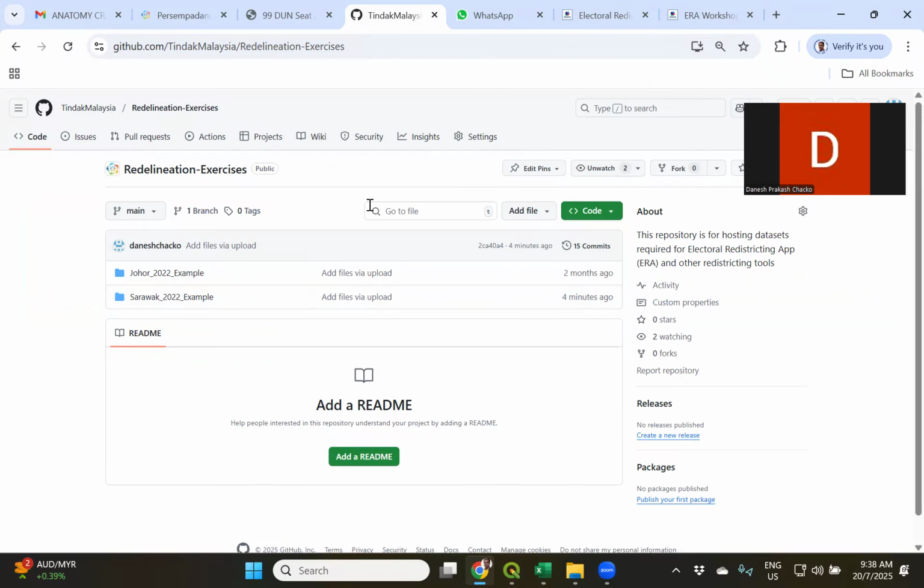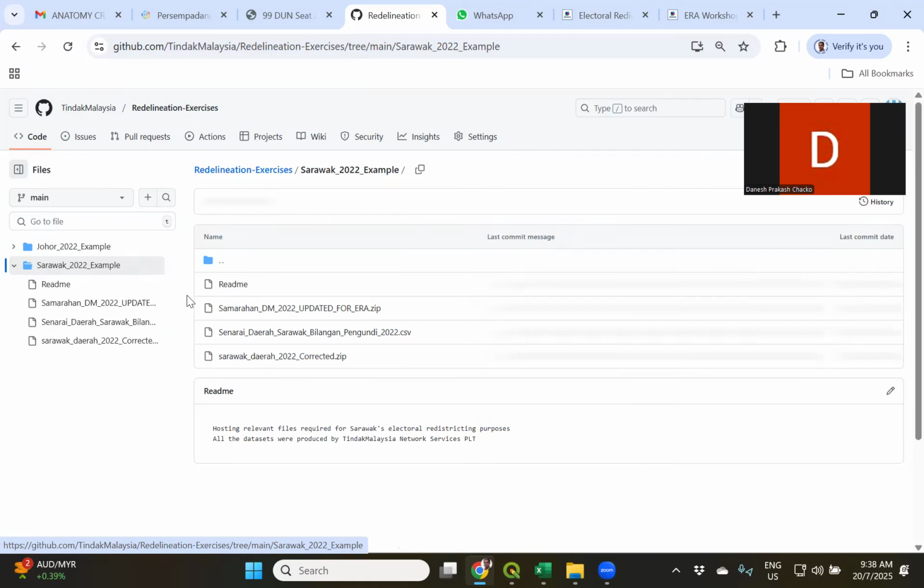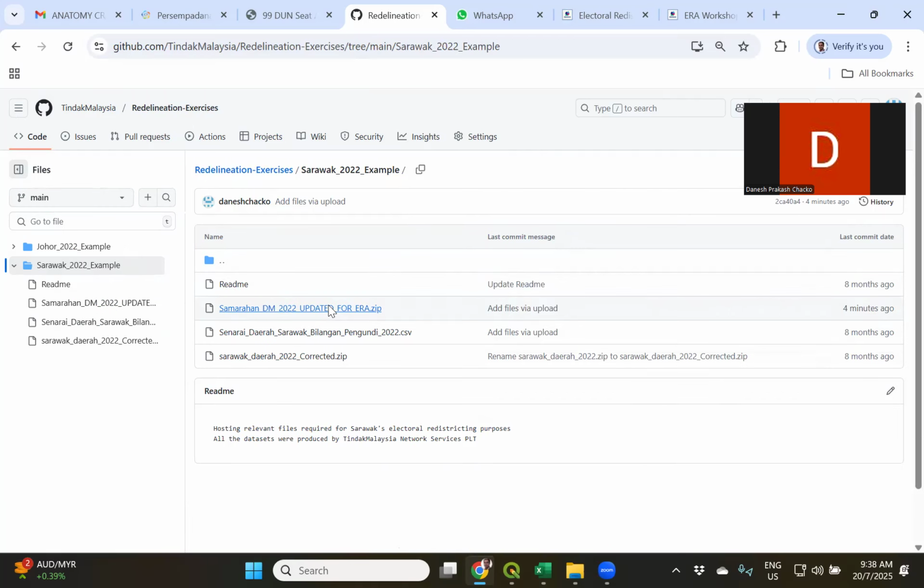In the Tindak Malaysia GitHub, we have a particular folder called Sarawak_2022_example. I would like you to visit this particular folder. In this folder, there are three files. Samaran_DM_2022 updated for ERA. This DM refers to the Daerah Mundi, which is a subset of the Dun, and Dun is a subset of Parliament. Then you have the Senarai Daerah Sarawak Bilangan Pundi 2022 CSV that is showing the number of voters assigned